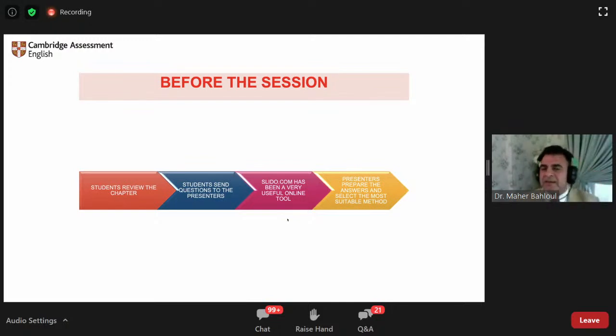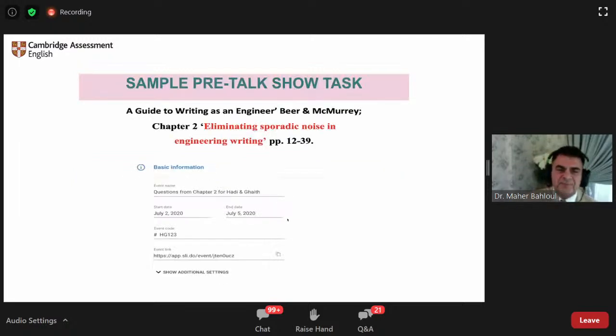And immediately everyone can see the other questions, so they don't repeat the same questions, and so on and so forth. So presenters prepare the answers and select the most suitable method in terms of answering them separately or answering them during the presentation. Okay, so this is a sample from